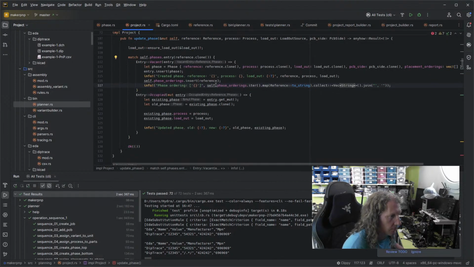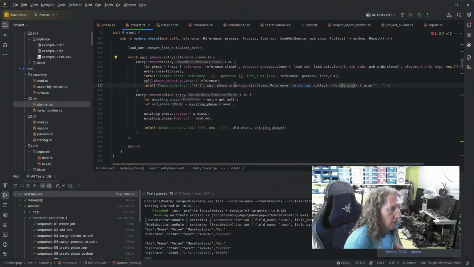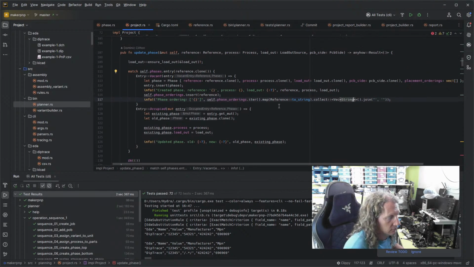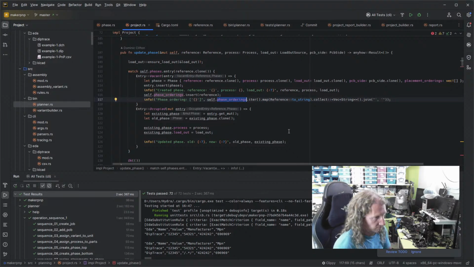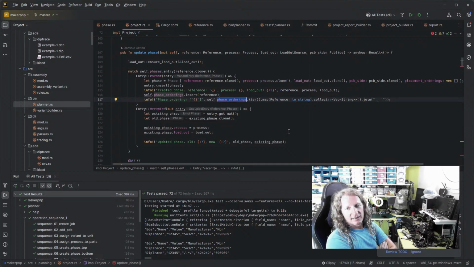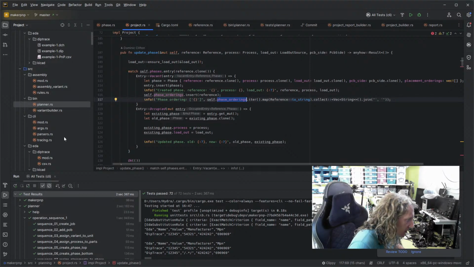This bit. I mean, should we be creating a structure called phase orderings, or just an associated method for phases? Let's move this out of it. I don't like it